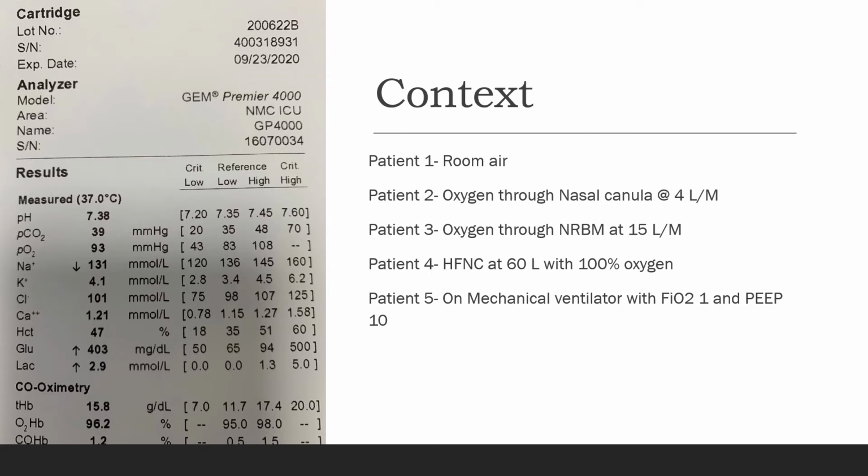So what inference can you make out of it? Patient number 1 has normal oxygenation and ventilation, while patient number 2 has mild hypoxia, patient number 3 moderate hypoxia, and patients number 4 and 5 have severe hypoxia. Here you can see this seemingly normal ABG providing different information for different patients. If you do not know about the patient, or if you do not read the patient information in the context of the patient himself or herself, you cannot analyze it and make the right decisions.